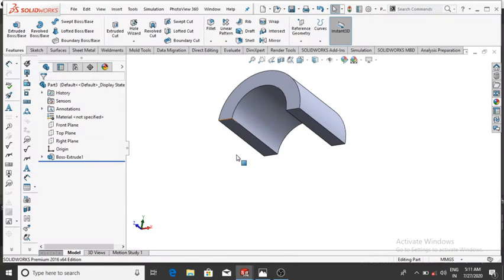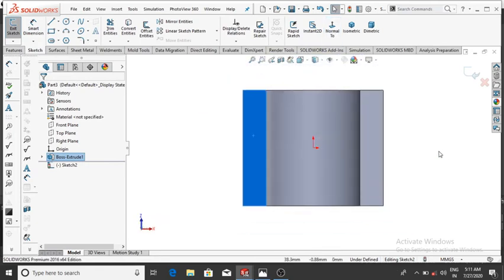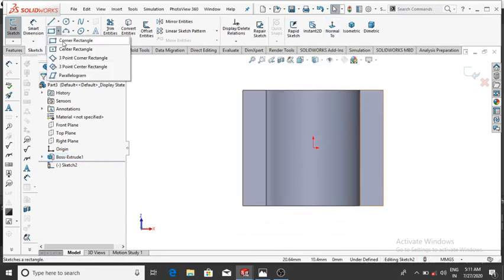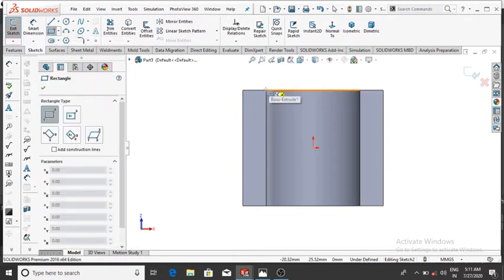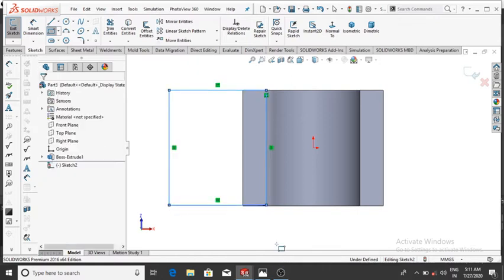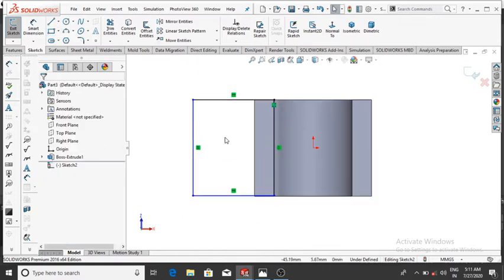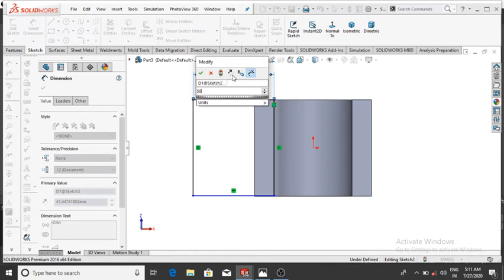So on this face select, right click, sketch, then normal, and make the corner rectangle. So simply select corner rectangle, and from this corner and this, and the length will be 50 mm. So select it, make it 50 mm, then OK,